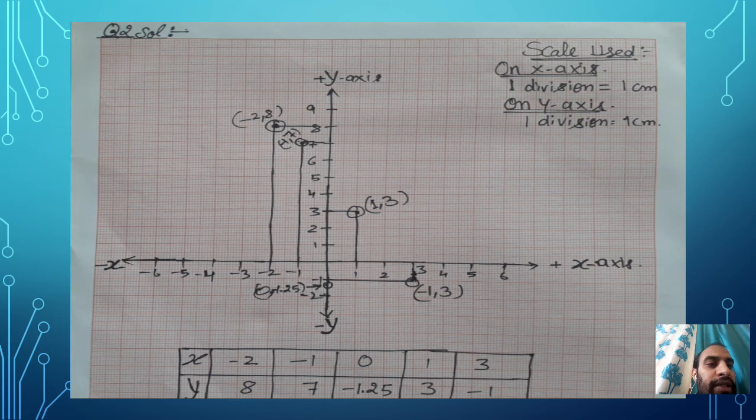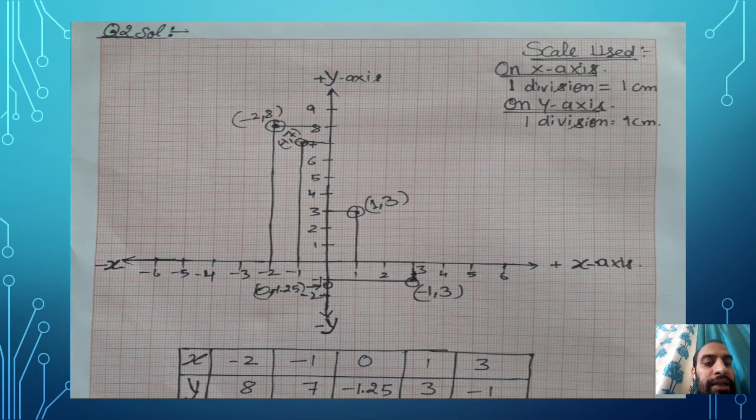One box we are considering equal to 1 centimeter, similarly on the x-axis as well as on the y-axis. In both axes we are considering one small box equal to 1 centimeter. I have written the counting like 1, 2, 3, 4. That means the difference between 1 and 2 is one box, and this one division we call 1 centimeter. So after marking the number line 1, 2, 3, 4 and -1, -2, -3, -4 in this way, write the numbers on these number lines first.